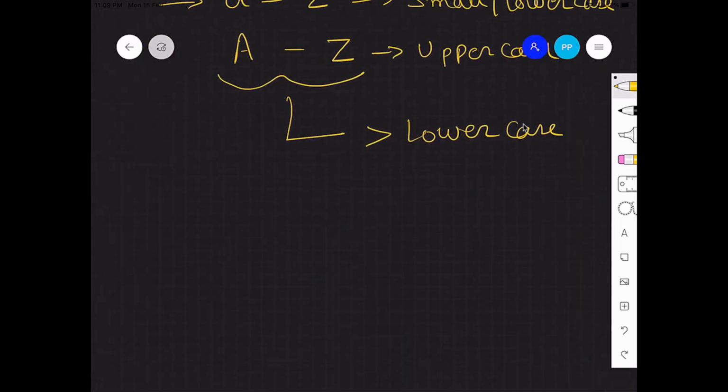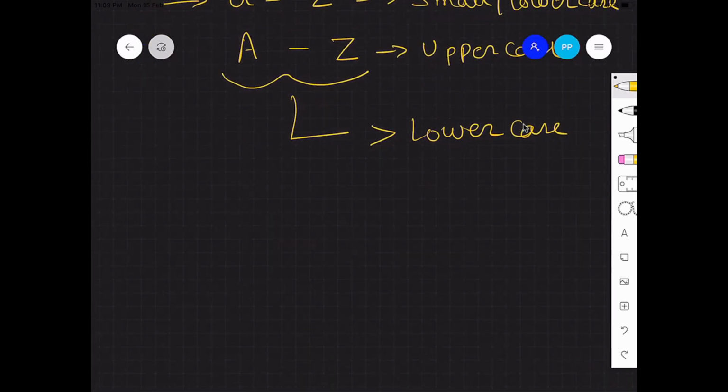Now, how do we convert an uppercase character into lowercase? If you think about how A is represented in memory, A has an ASCII value of 65, and we want to convert this A into a small a, which has an ASCII value of 97. How do I know these values?